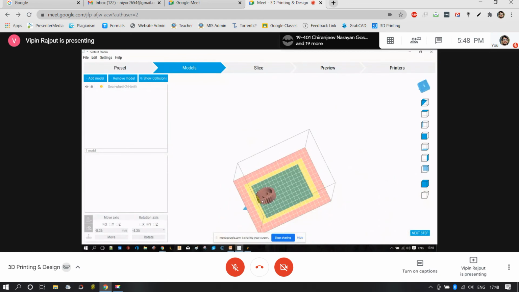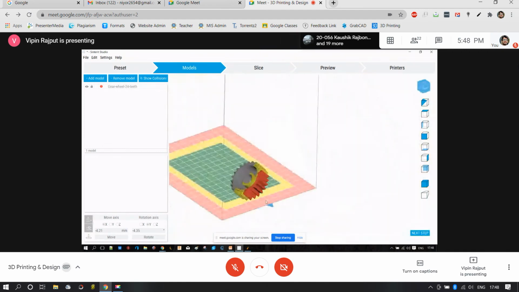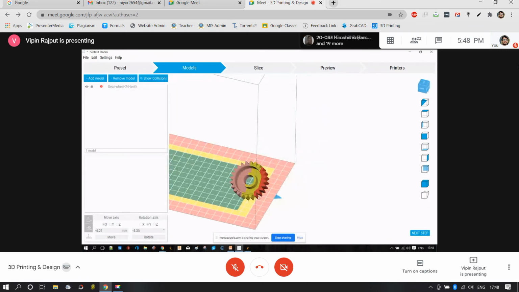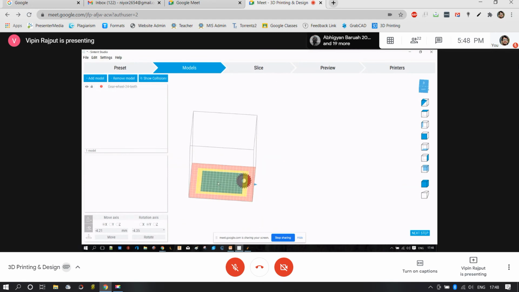And further, if we move our model from this range to the red zone, we can see some error significance. That means almost half of the model is lying in the yellow as well as the red range. If we print this model, we may actually get a failed print from the printer. Thus, it will be a total failure for us. So it's advised to keep your model within the printable range as well as within the specified dimensions.